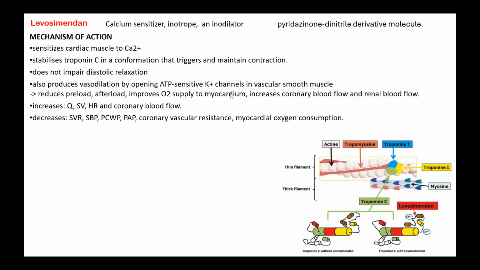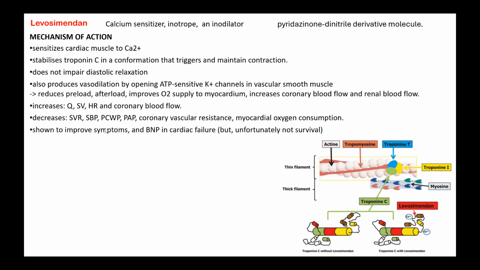by the decrease in vasodilation that is produced, and decreases the systolic blood pressure also, and decreases the pulmonary capillary wedge pressure, pulmonary artery pressure, coronary vascular resistance, and decreases the myocardial oxygen consumption also, even though it causes contraction of the actin myosin to improve the contractility. It is so because the coronary vascular resistance is decreased, coronary blood flow is increased, so there is no increased demand on the oxygen consumption. And it shows improved